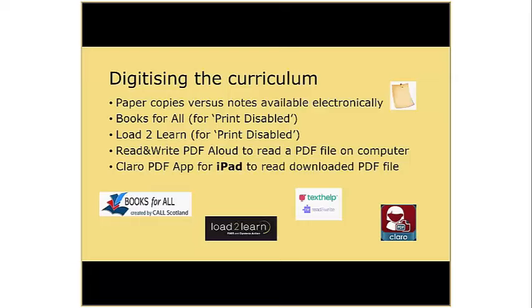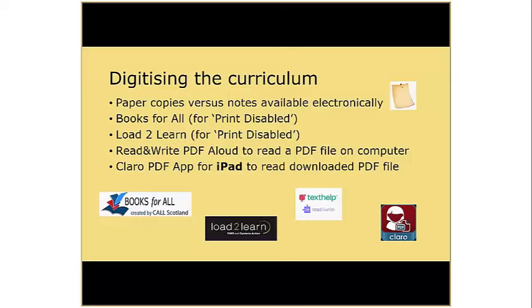Books for All and Load to Learn are sites which contain thousands of digitised books, including curricular materials such as Heinemann Maths and novels such as Private Peaceful. Books can be downloaded for a print-disabled pupil. Log into Books for All using Glow, or join Load to Learn and set up reading groups for certain pupils